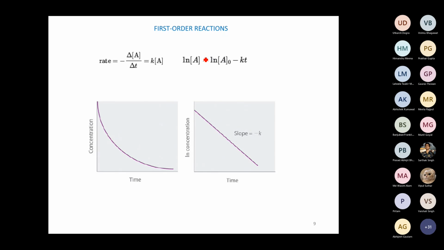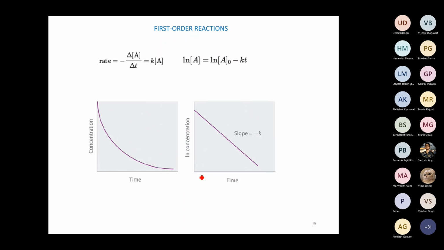But if you plot ln concentration of starting material versus time, y equal to mx minus c, you will get a straight line, and whatever slope you get, that is minus k. So from the slope you will easily get the rate constant, k. In all kinetic experiments, you need to determine the concentration of starting material, or product the reverse way. If it is a product, then it will be plus, with respect to time, and plot